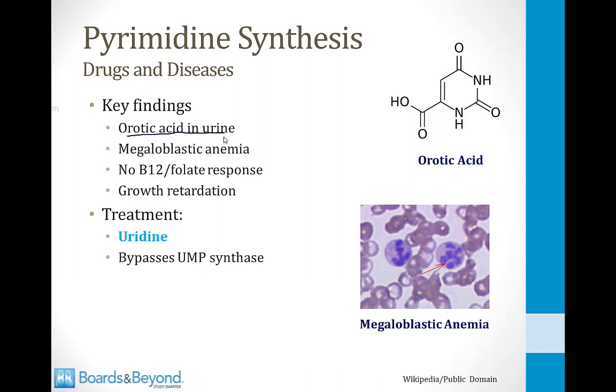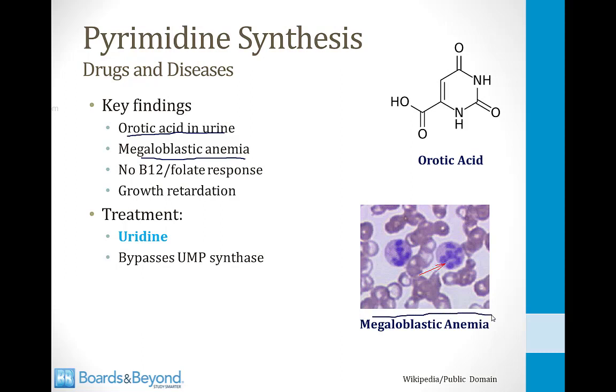That's why it's called orotic aciduria. In addition, children born with this condition have megaloblastic anemia. So megaloblastic anemia is where there are decreased numbers of red cells. Obviously, that's why it's called anemia, but the red cells are large. In addition, a characteristic finding of megaloblastic anemia is hypersegmented neutrophils, and there's a picture of one in this slide